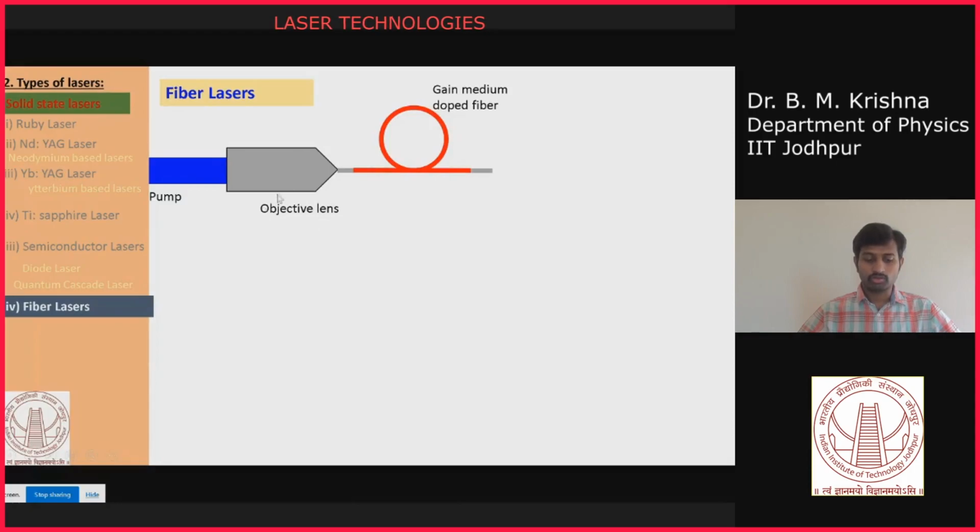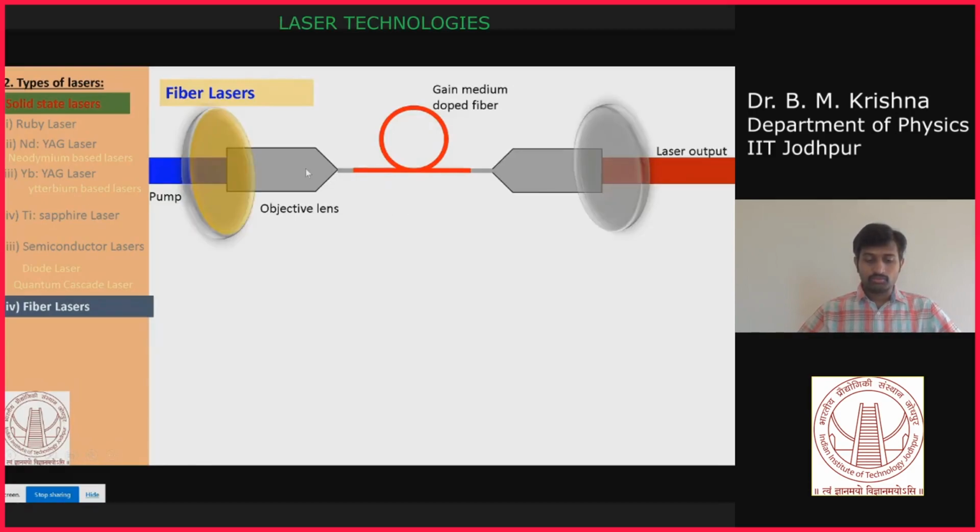That's where you have to use a microscopic objective lens. That will take your beam size, for example 5 mm or 10 mm depending upon the aperture of your objective lens that allows the total beam to go through, and then tightly focus it to make sure that it is coupled into your fiber.